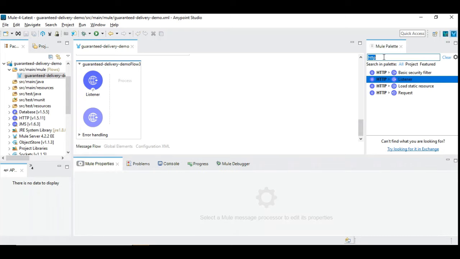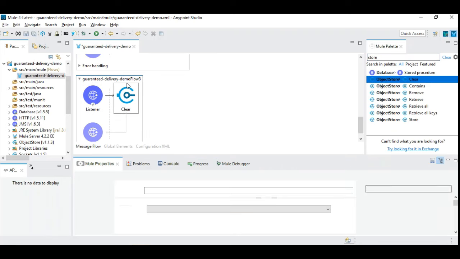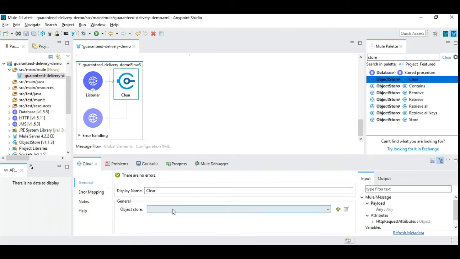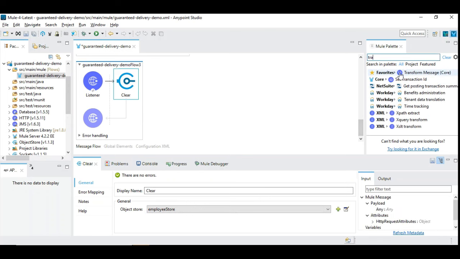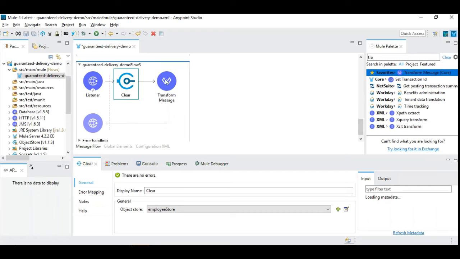You will choose clear here, and then we need to choose the object store. You need to choose the corresponding object store, because your application might contain employee store, order store, so you can have multiple entities. So this is to clear, and then you can say transform message